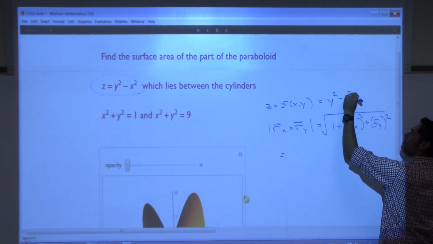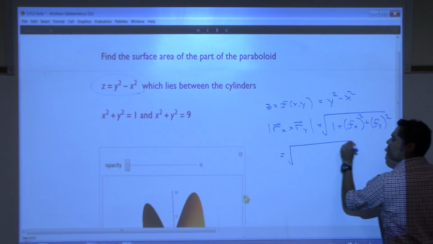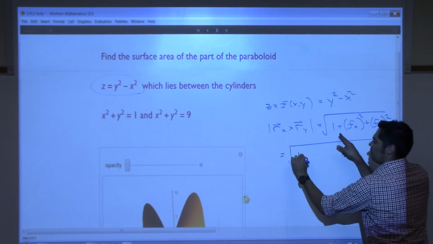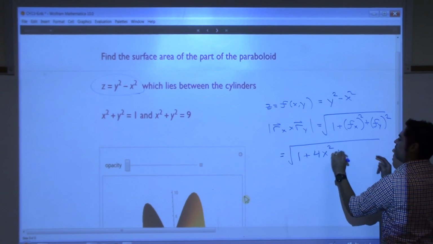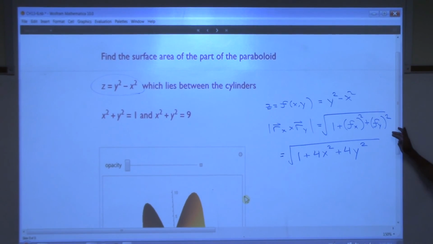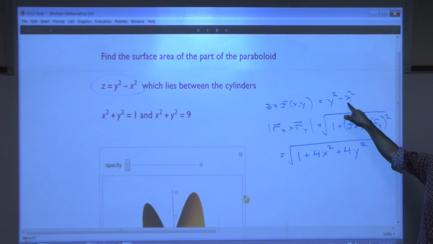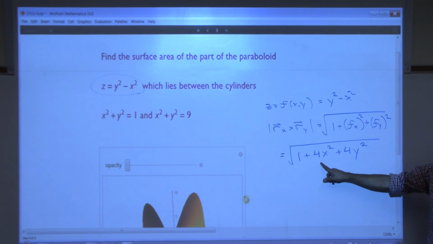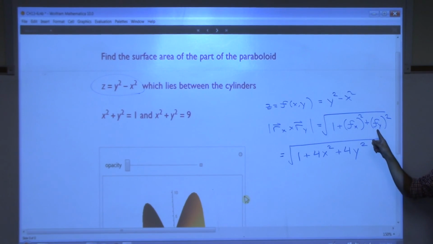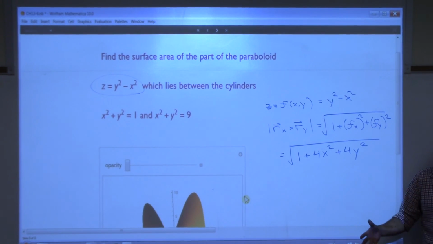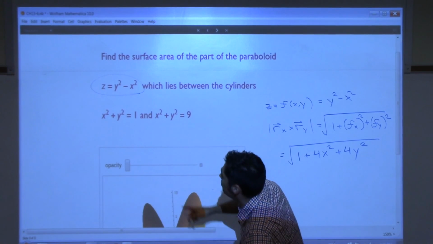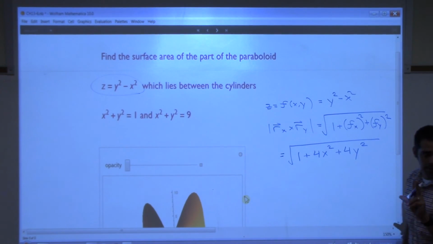Y squared minus x squared. So this should just turn into the square root of 1 plus 4x squared plus 4y squared, right? That's what the partials are. The partial with respect to x is negative 2x, but then you square it, so 4x squared. The partial with respect to y is 2y, but then you square it, you get 4y squared, right? So that's what I would have to integrate. Isn't that a lot easier than having to do the partials, then the cross product, then the magnitude? Okay, it only works if your surface is a function of two variables